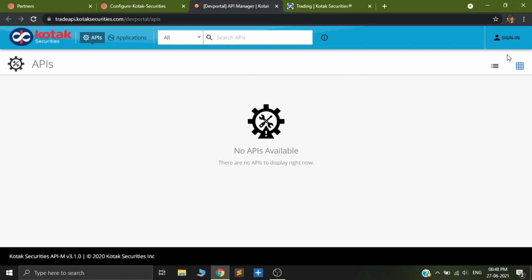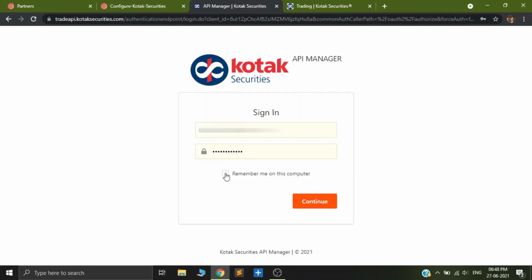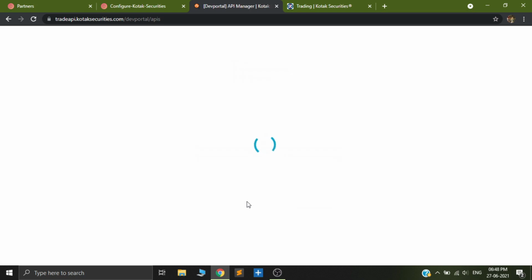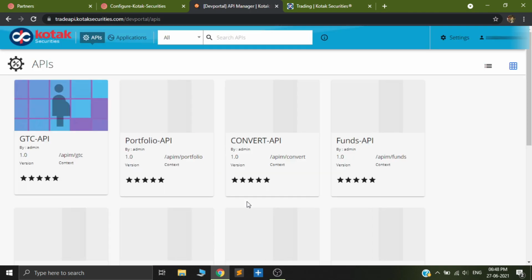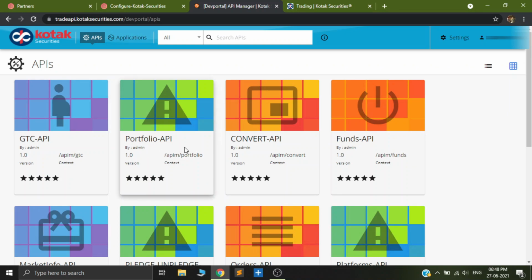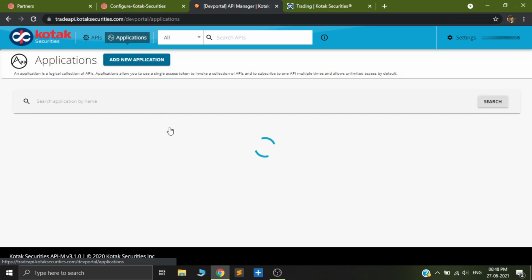After going to this website, you will see on the top right corner there's something called sign in. So just click on sign in, and you can put in your account details and click on continue. One thing to note out here is that the Kotak account details for the Kotak API may or may not be the same as the one you have used here. You'll have to connect with Kotak support to check what your account details are to log in. Once you have logged in, you will see something called applications. So just click on applications.